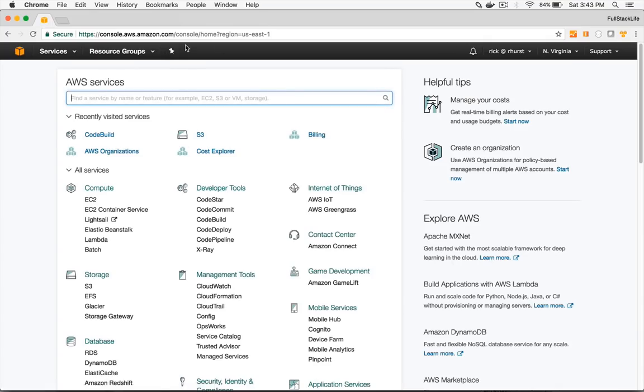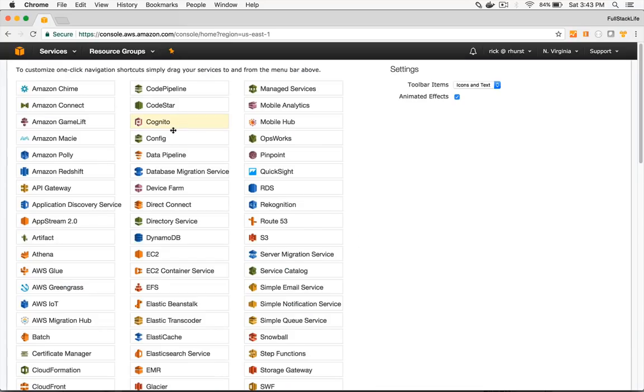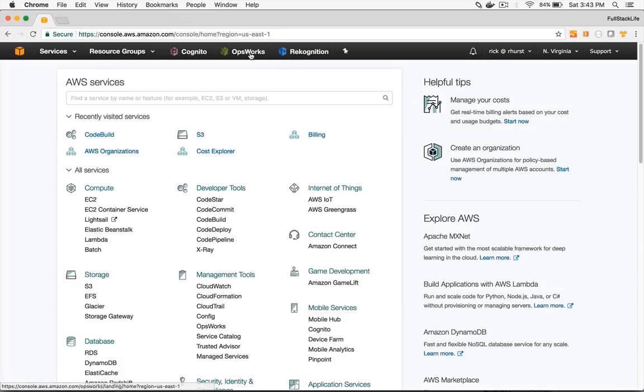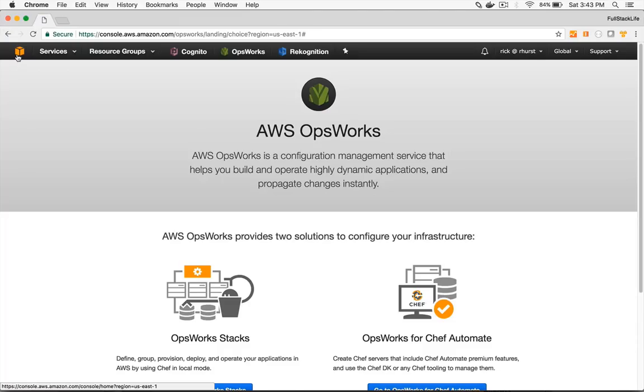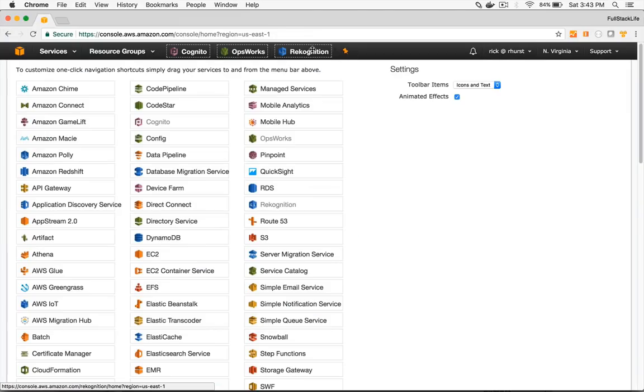Finally, one other cool thing I'll show you on here is this section here. If you use something frequently, say you use Cognito, you can just drag them up here like this. I find them extremely useful, and you don't even have to have icons, you can just swap them out like that. And then when you're done with them, you just click that and then you click on OpsWorks, takes you straight in. You get the idea, okay? I find that extremely useful, and drag them off when you're done with them. Alright, so